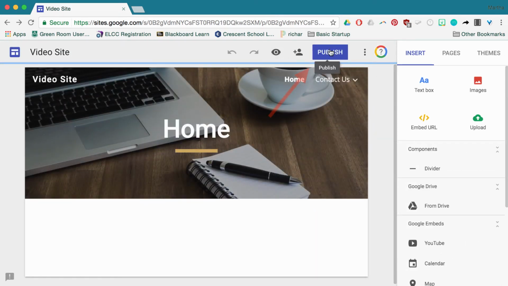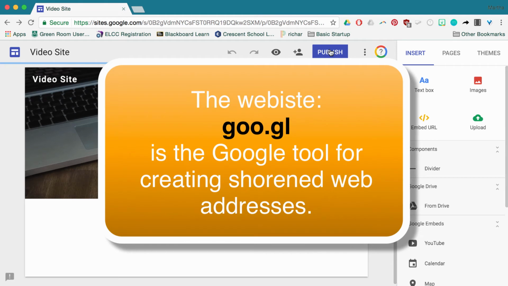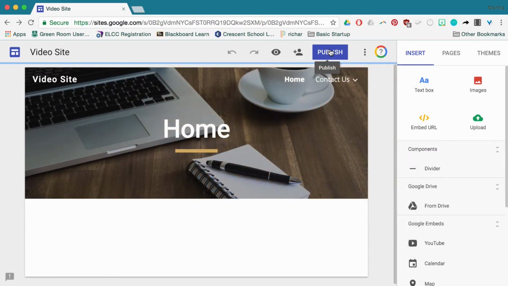Publish is the button that you press once you're done your design and you're ready to share it with the world. You will get an address, a web address, or a URL that can be publicly viewed, but I would suggest using one of the many tools available to get shortened URLs, and that's something you can just Google. The other thing is the collaboration, and this should be something familiar to you from other Google Suite